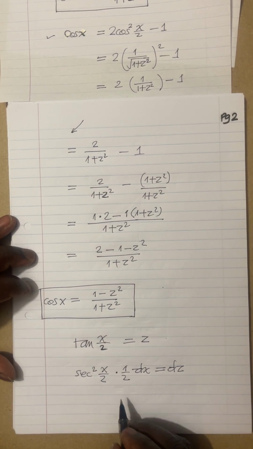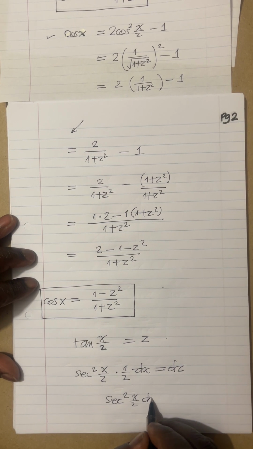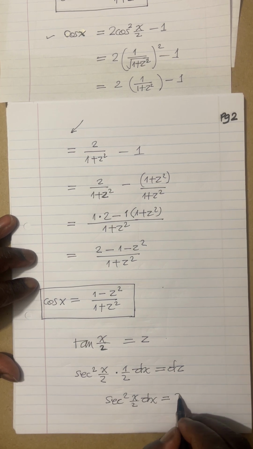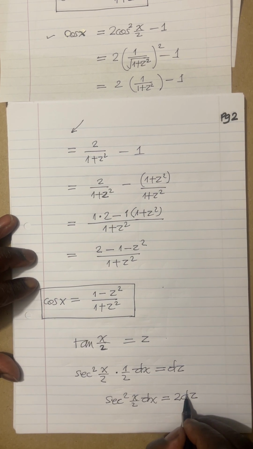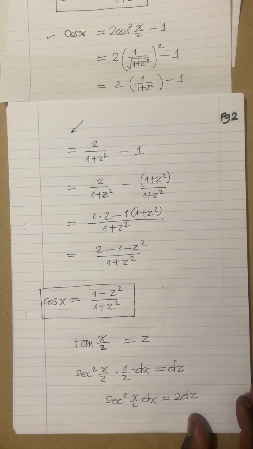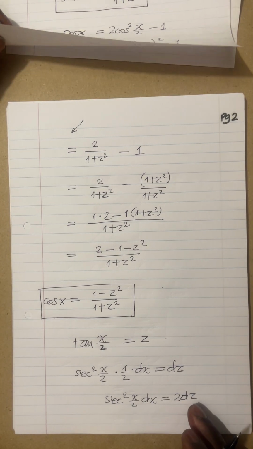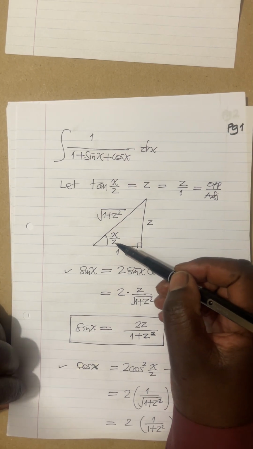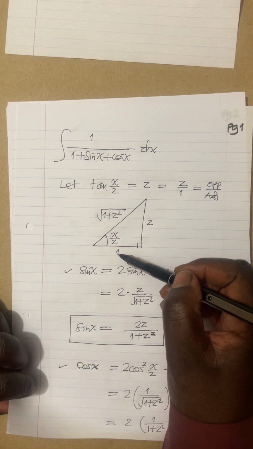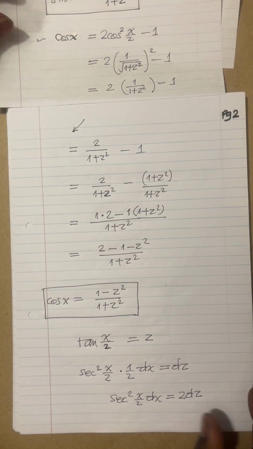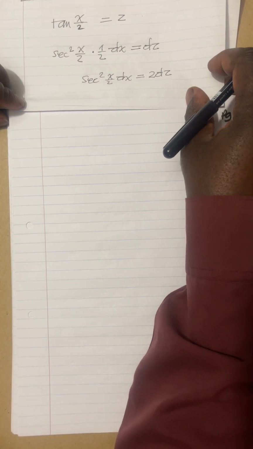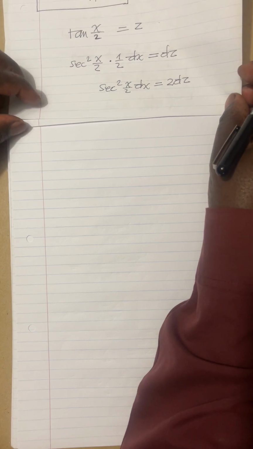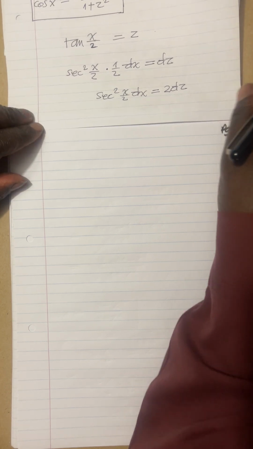Now, simplifying this up, we have sec squared of x over 2 dx. Multiply by 2 both sides. You are going to agree with me that we have 2 dz. Now, what is sec squared? Well, going back here, secant is going to be hypotenuse over adjacent. Now, secant, like I said, hypotenuse over adjacent, and we have to square that. So we're basically saying, taking us to page 3, yep, you can see there. Okay, good. Taking us to page 3, we're basically saying,